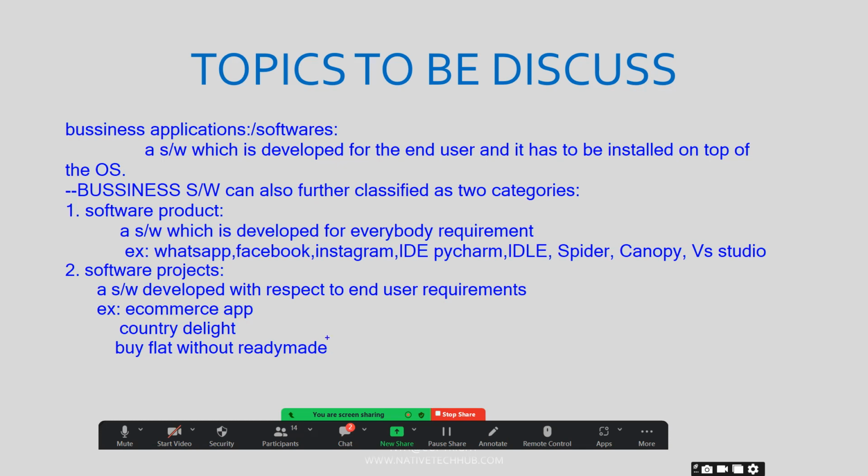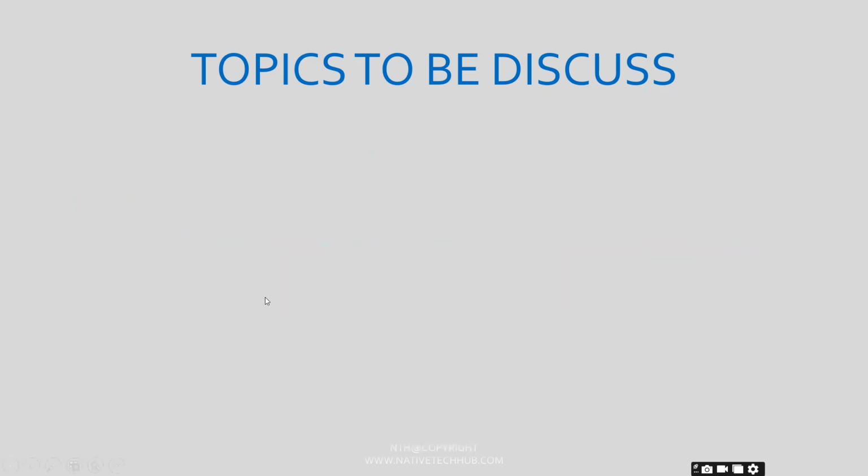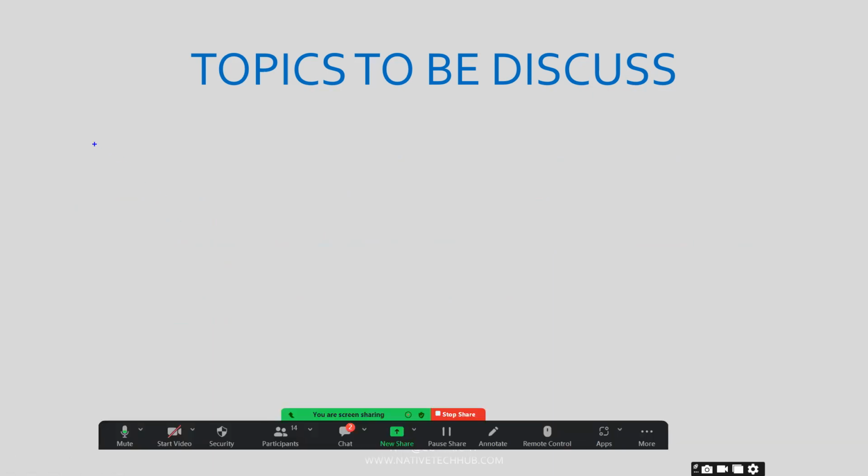Now, what is the relation between program and software? I would like to give you information about it. Define program. See, program is a very generalized word. Even marriage program, anniversary program, like that people used to call. But you should not use generalized definitions for the program. Program in computer terminology is a set of